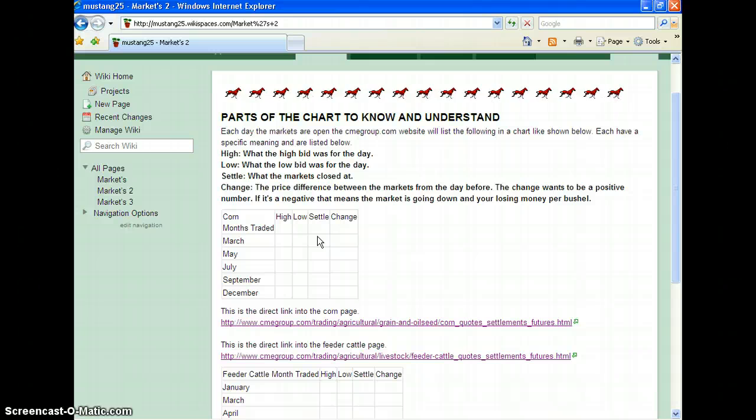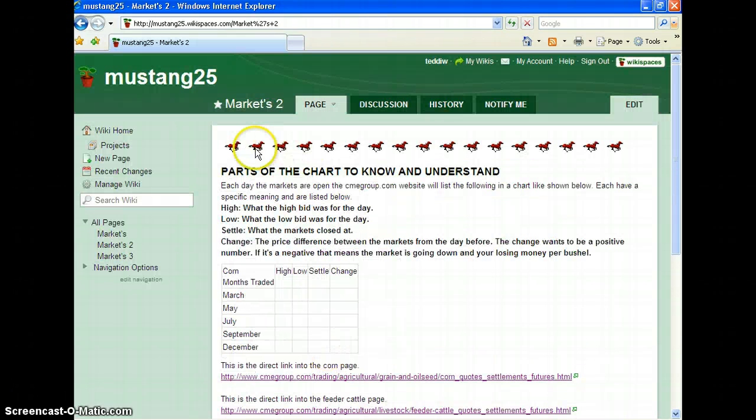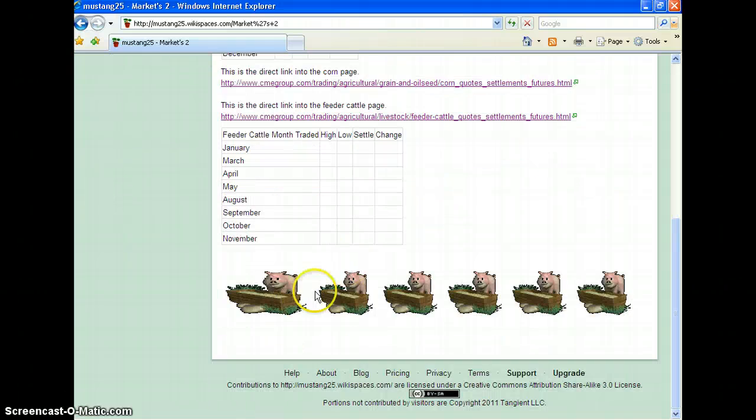You always want that number to be a positive. That means the markets are going up and you're making more money. When the change number is a negative, that means the market's going down and you're potentially losing money, or you are losing money. And then the exact same thing for the feeder cattle. That's how that works there too. And then I put little borders in here. Since it is an agriculture class, I did animals, running horses, and then we have some pigs down here eating